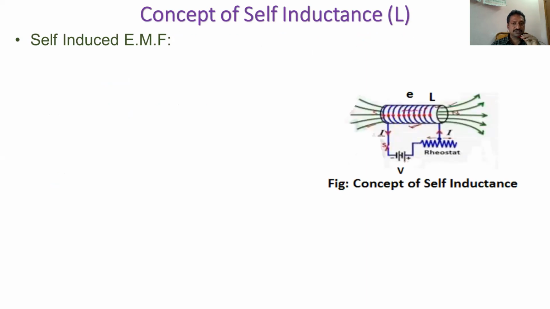If you want to go through self-inductance, first we should be aware of self-induced EMF. So what is the self-induced EMF? Self-induced EMF is developed as per Faraday's law. To satisfy Faraday's law, there are three parameters. Number one is flux, number two is the conductor, number three is relative motion between these two. This flux can be varied by varying the current flowing through this coil. So this is a single coil to apply excitation.